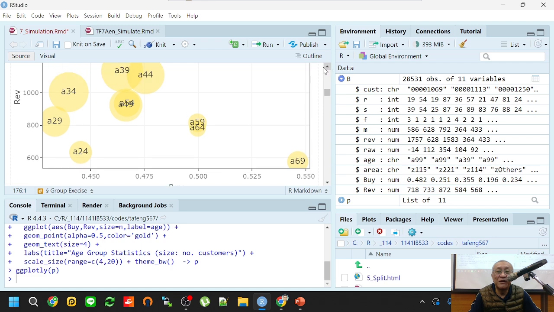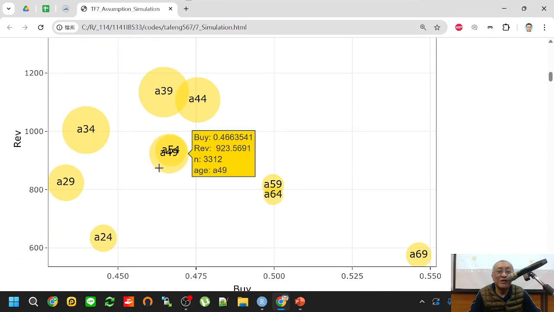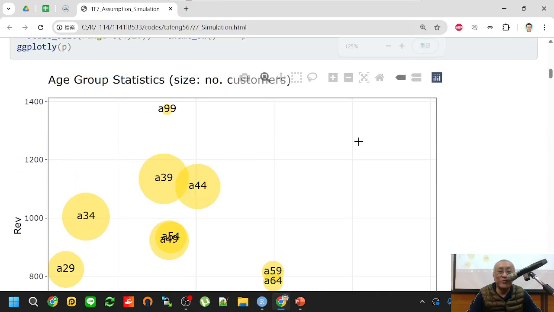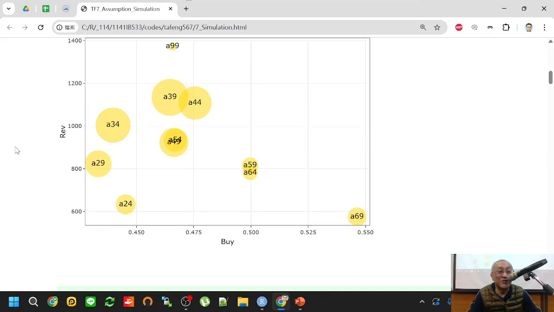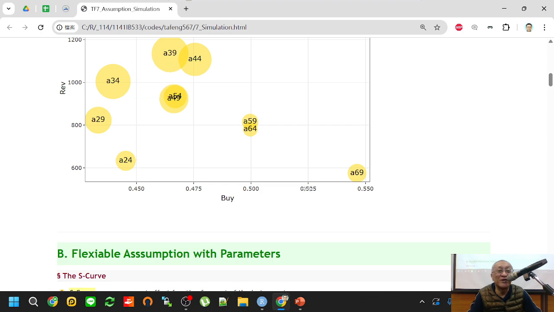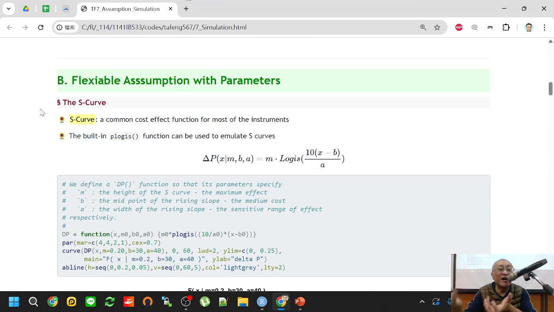I think we have, yeah. This is just to show you that I think we can do it here better. For every age group, we can show their average buying probability, their average expected revenue, and also the size, which is the number of customers. This is very important, because every age group has different characteristics. That is what we already did